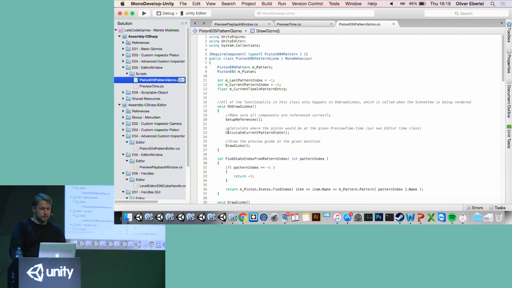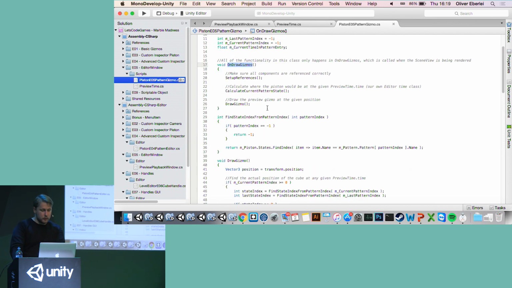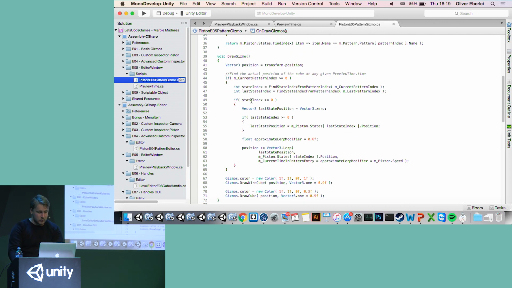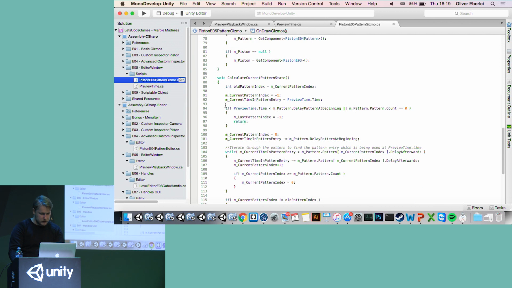So I created a gizmo for this piston, the yellow box that we saw before. Again, using OnDrawGizmos. And basically what I'm doing here is I calculate which state I'm in based on the preview time, so my own editor time that I created. I calculate in which state the object would be in at that moment.